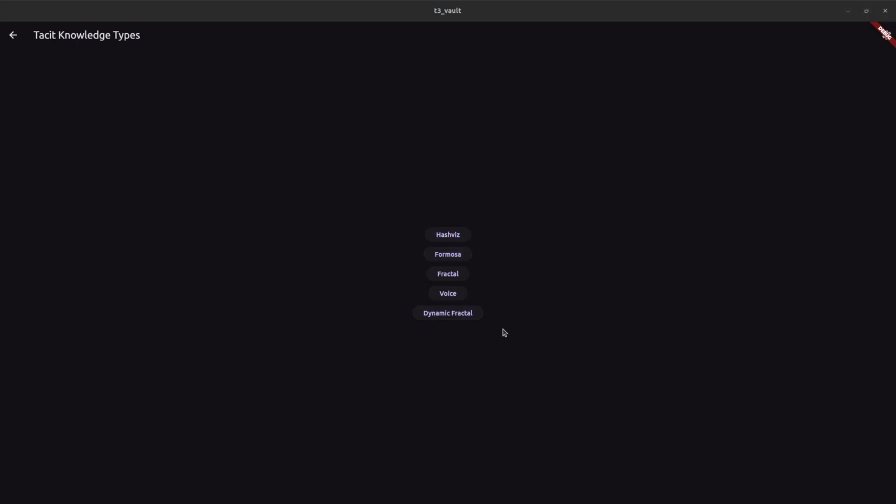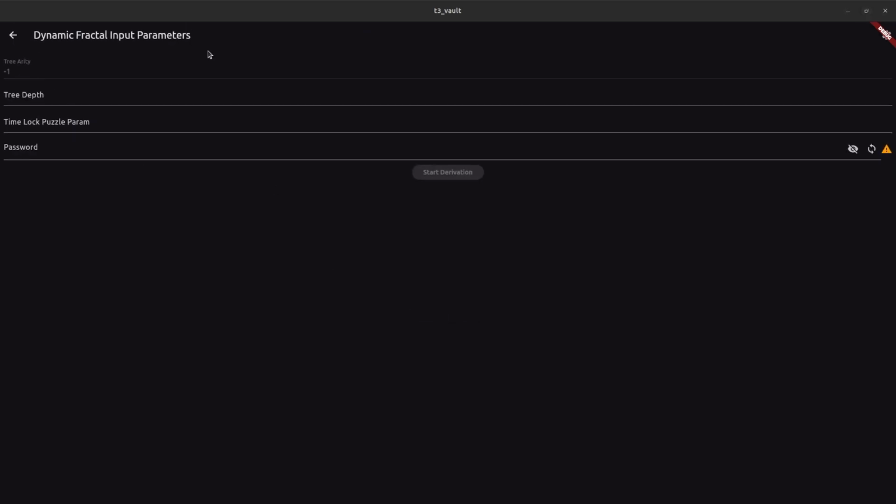And now when we land on the tacit knowledge options page, we see multiple options. We'll be selecting dynamic fractal. Now we have the dynamic fractal input parameters. So we have three parameters here. One is the tree depth. This specifies how many iterations of the derivation process you wish to go through. So for our demonstration purposes, I'll be entering 2, and then we enter the second parameter, which is the time